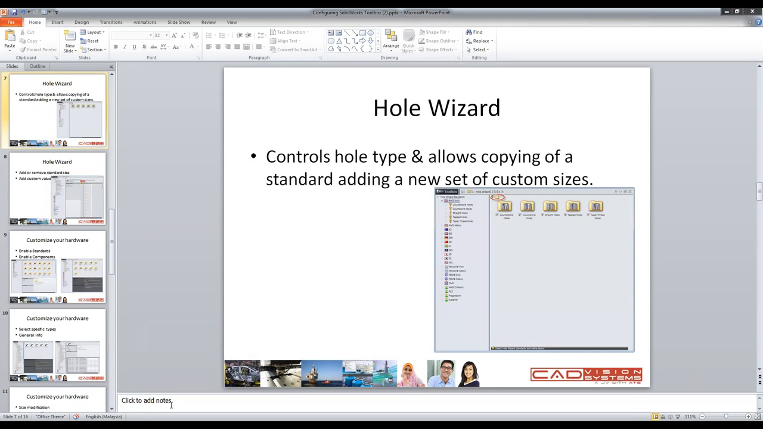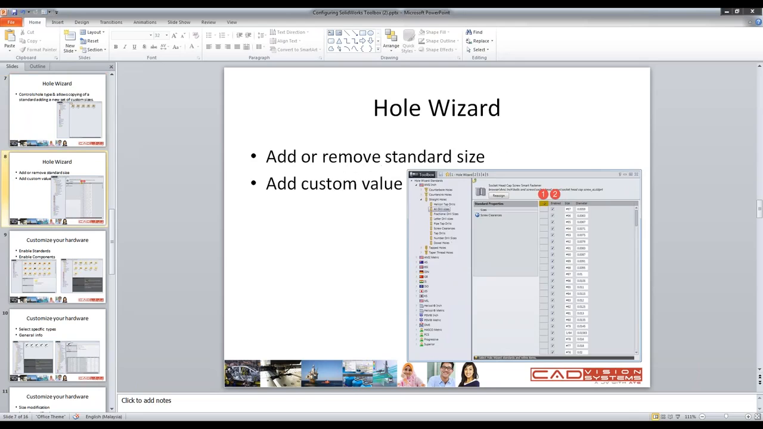Okay, so you can basically filter out the default toolbox hardware offering by standards and by component types from the customized hardware page of toolbox setting. You can see in this picture here. Okay, this next slide. Other than that, you're also able to add or remove the standard size, and